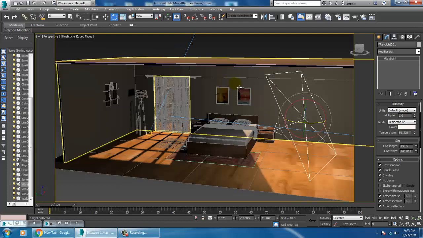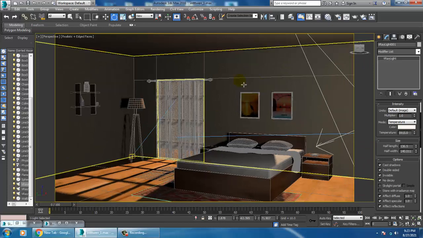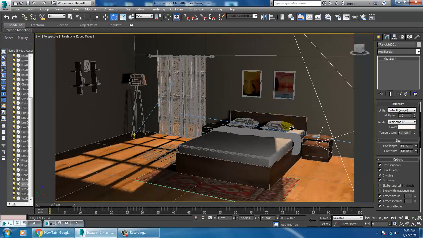If you have a kind of a lamp or something over here, we can also use IES lights. Definitely I'll be showing you IES lights. If you want to put it, you can use it, but you should have a kind of ceiling light, or on the wall you can see small lights. For that we can use that.